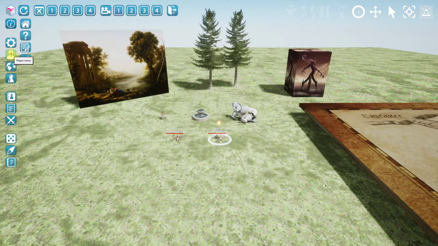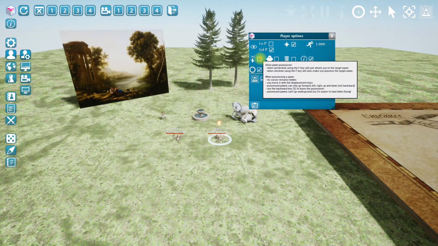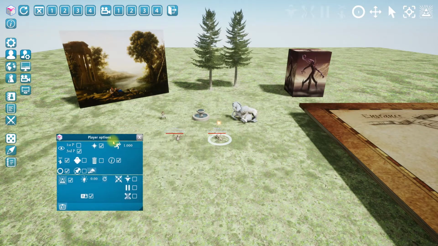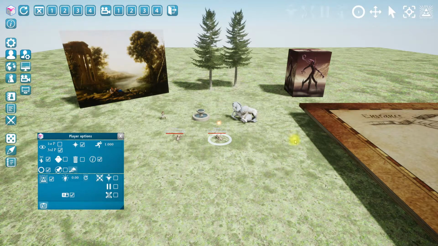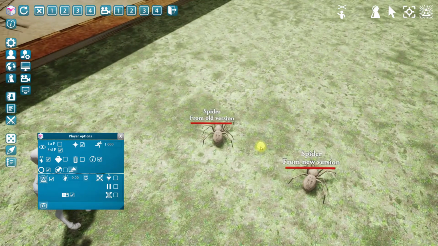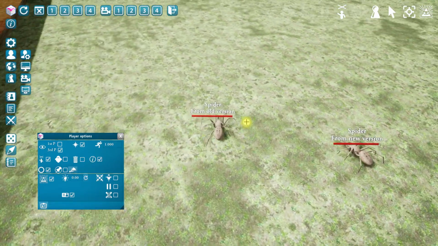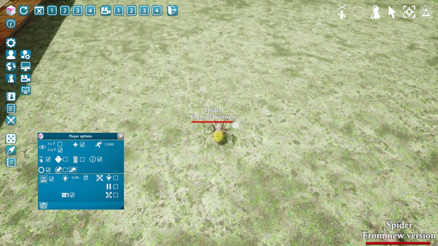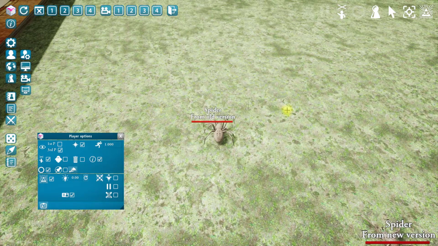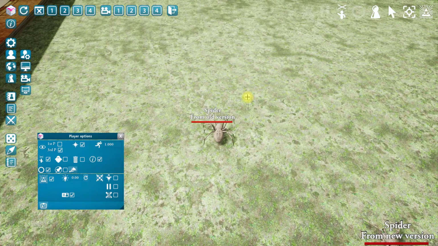As a reminder, when the puppet option is enabled here in this window, and when you attach yourself to a pawn, you take control of the pawn, you possess it, and you can now use the displacement keys to move it around and also use the gamepad. In the previous version of YAG, when going backward, you were automatically detached from the pawn. But this proved very uncomfortable and impractical when using the gamepad